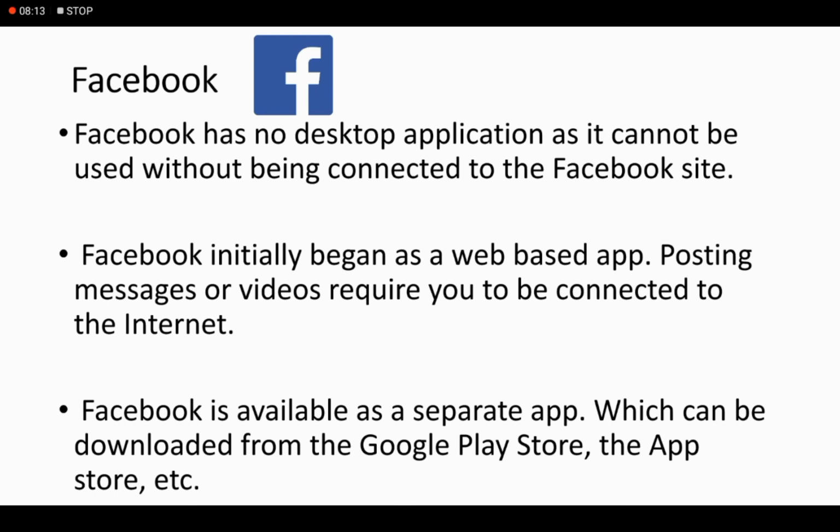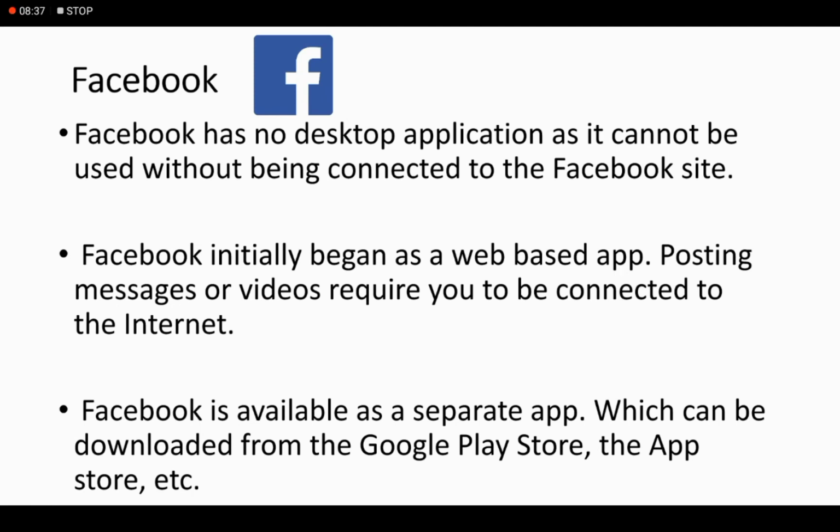As we use Windows 10, whenever we click on the start button, we can get the Facebook tile at the start button of Windows 10. By clicking on this tile, you can open the Facebook application.